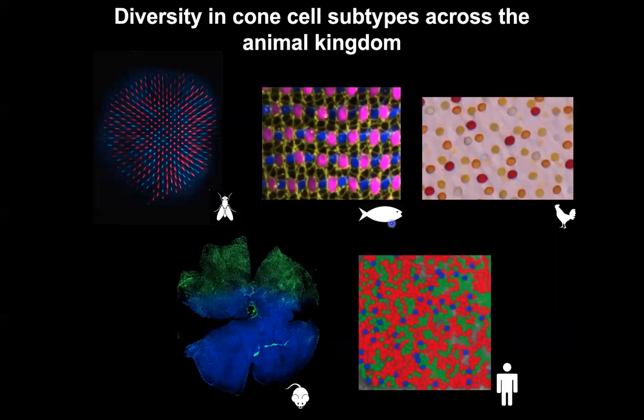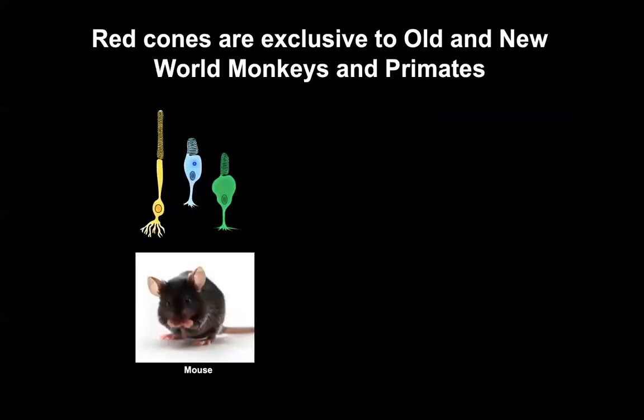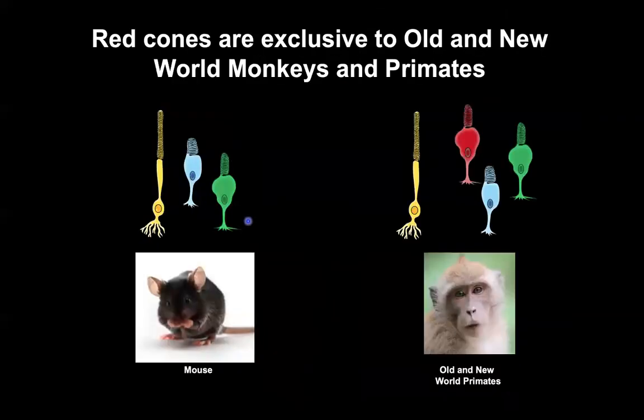If you look throughout the animal kingdom, I hope you can appreciate the diversity in cone cell subtypes in some of our most favorite model organisms here. Humans are the only ones, however, with trichromatic color vision. Mice have rods, blue and green cones. Red cones are exclusive to humans, Old World, and some New World primates among mammals, making this question difficult to study